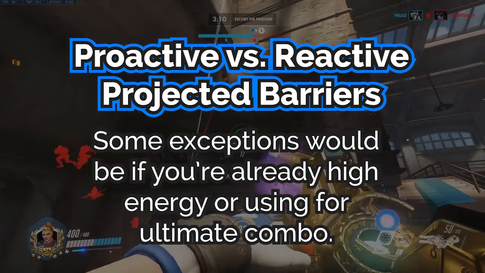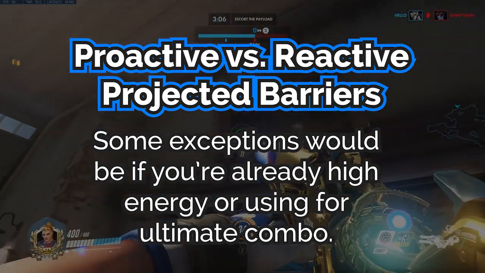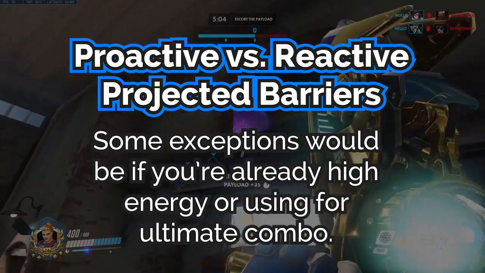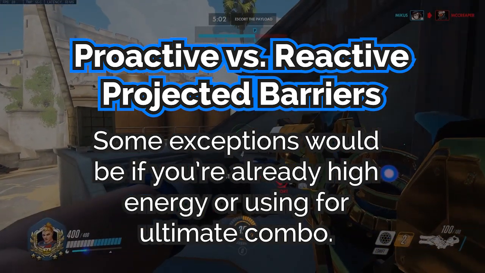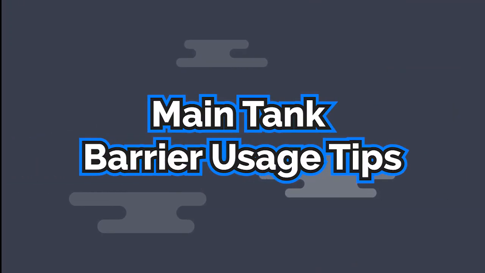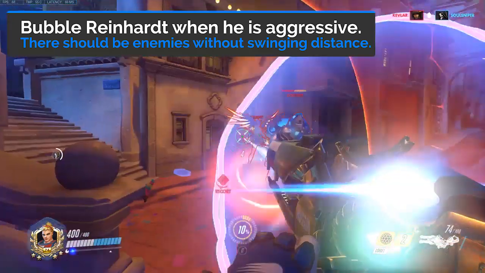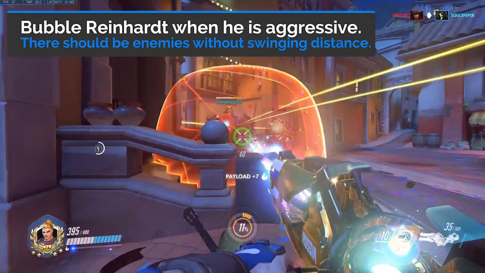in every fight. That being said, similar to personal bubble, you can probably save the projected bubble if you're already high energy or if you're trying to save up for some big ultimate combo. Now let's go over a few examples using it with main tanks who will most likely be your targets for the projected bubble. For Reinhardt, you want to bubble him when he is moving forward aggressively into the enemy, but